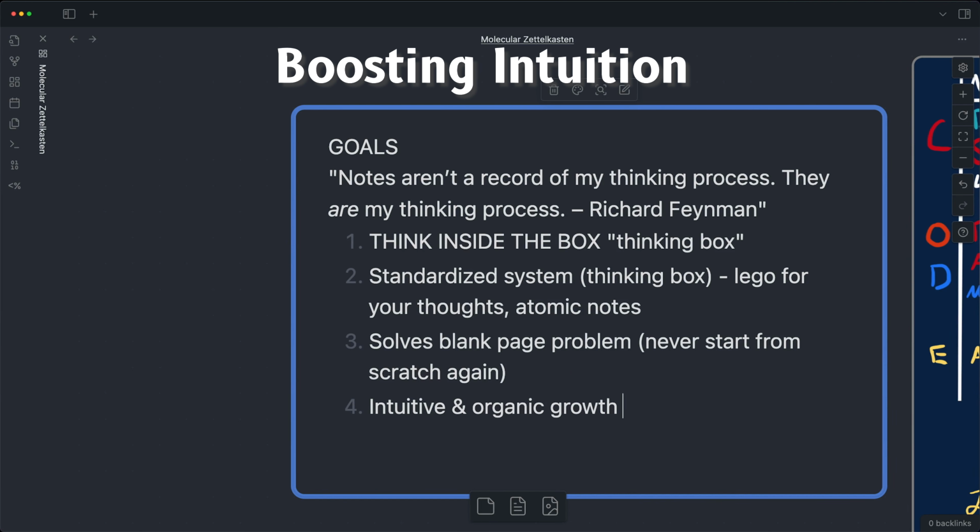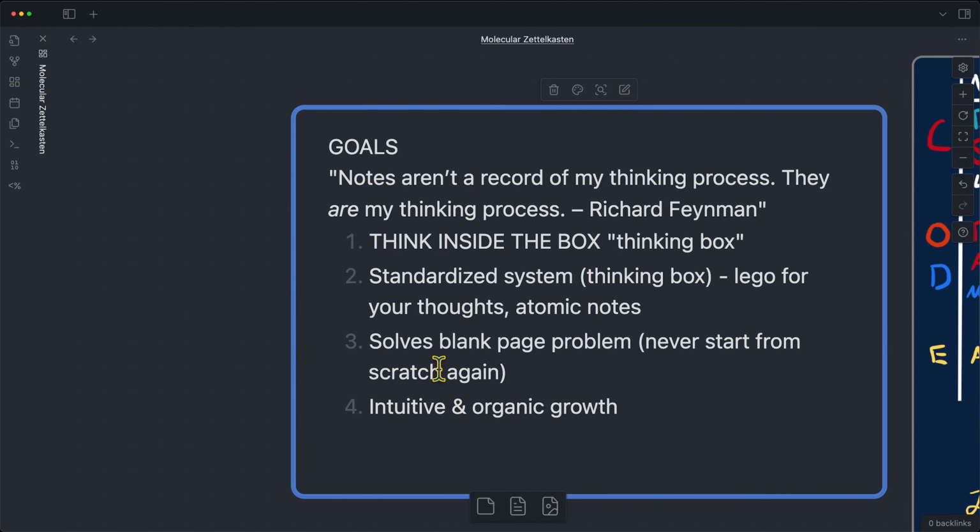And the next main goal is to generate intuitive and organic growth. The idea here is that as you build up your box, as you build up your notes, you'll eventually start to have an intuition on how different things connect together, how you can use topics and how you can use atoms and sources and molecules to produce the alloys, to produce the fruit of your work. The key here is that this is something that's only going to work for you. Intuition is not something that you can tell someone else. It's something that you have to do yourself to develop a personal system. There's a reason that it's called personal knowledge management, because everyone is going to have a slightly different system that they use to generate this type of insight. So if you can follow your own intuition and make connections between notes, then you'll be able to generate a system that works uniquely for you.